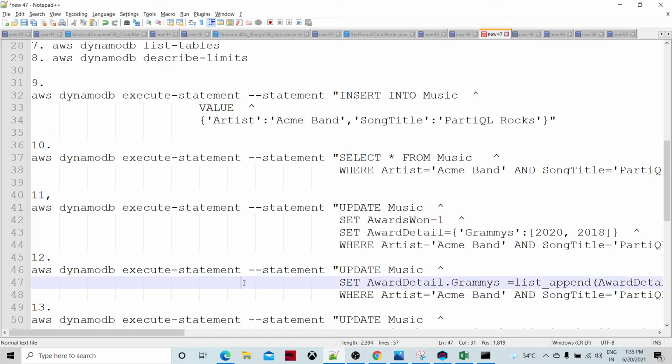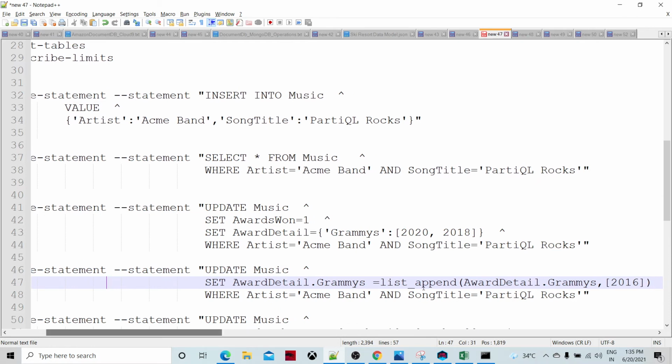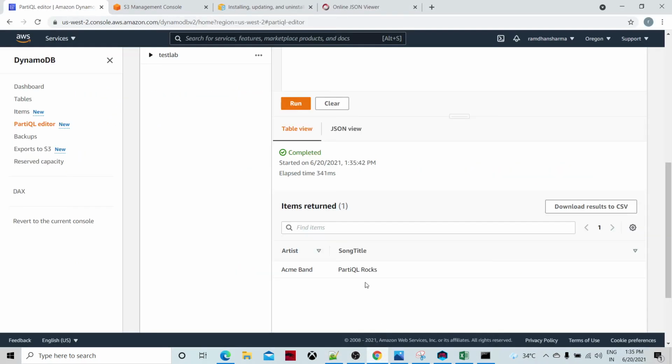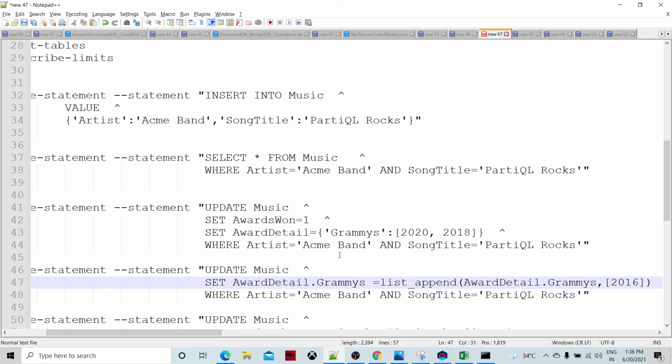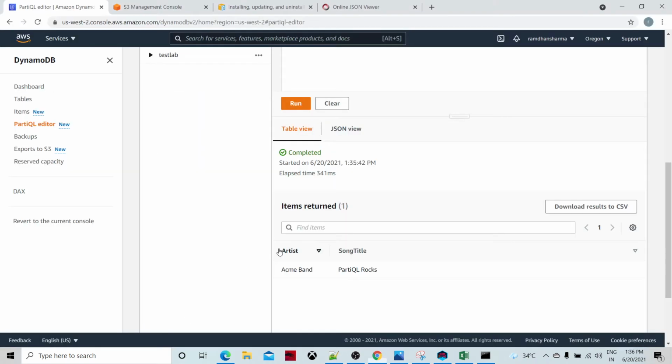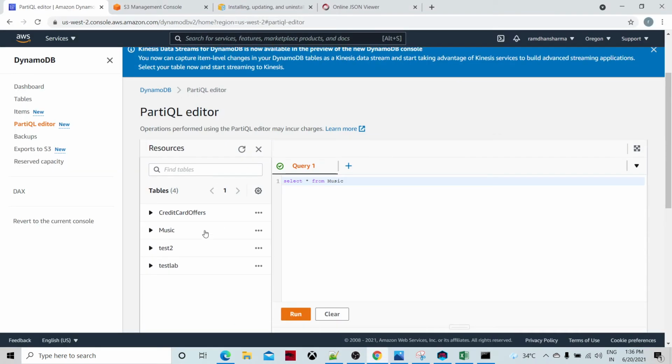Let me go and see the update: update music set awards one, set awards details where artist is racing a band and song title is PartiQL Rocks. Okay, PartiQL Rocks, racing a band, set awards one and set awards details. So let me see the table.